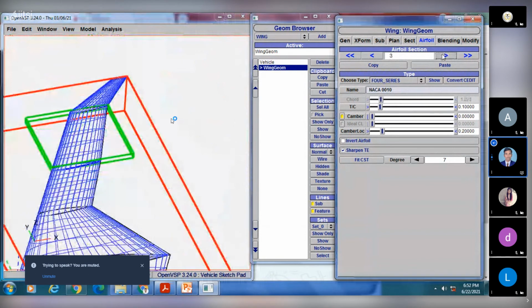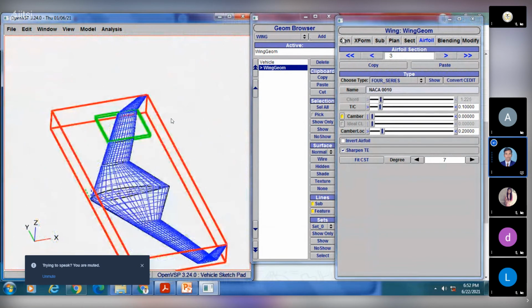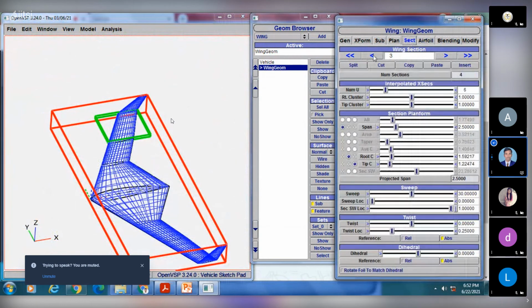Is that clear, Ashwin? Yes, sir. But when I tried right now, I just got only 2 sections of the airfoil, sir. So that's why I asked. Because you have split your complete wing into 2 sections, not 4 sections. Check properly how many sections you have split your wing model into. Okay, sir. So like this, you can verify.